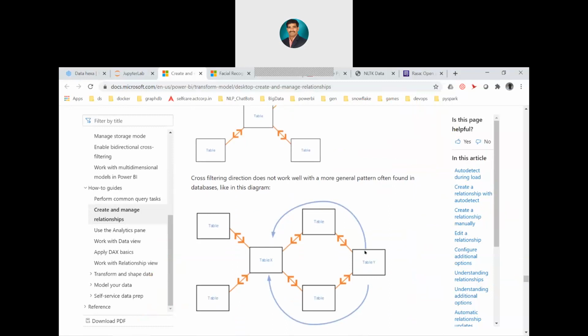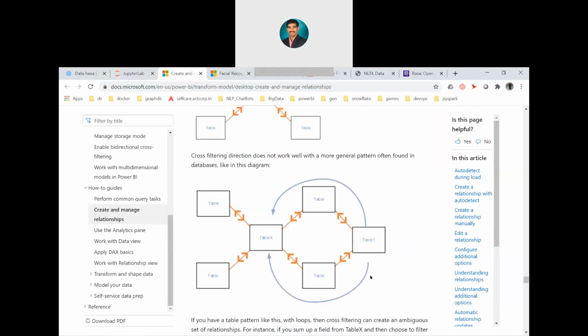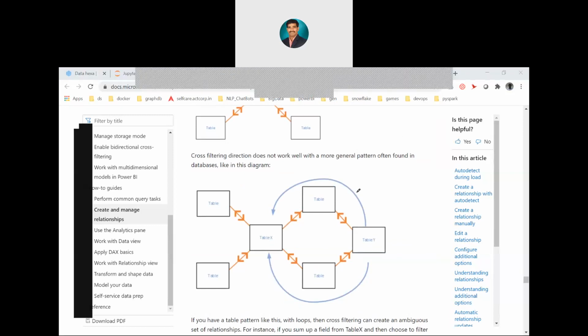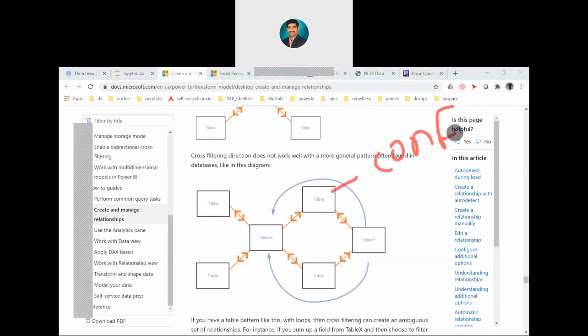Okay. Now there is one small problem with this both direction also. What is the problem? See this relation now. You kept all the both directions here. Technically, if you go through the third video, whatever I said, you will come to understand. This table is called a conformed dimension. A conformed dimension is one which is maintaining the join between two fact tables.